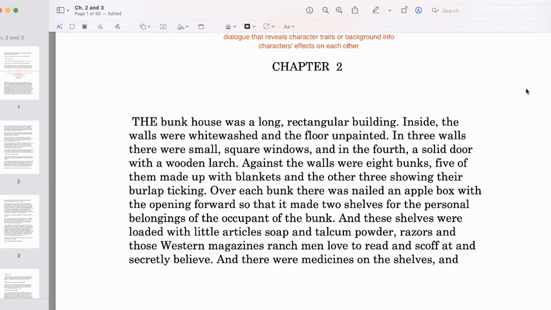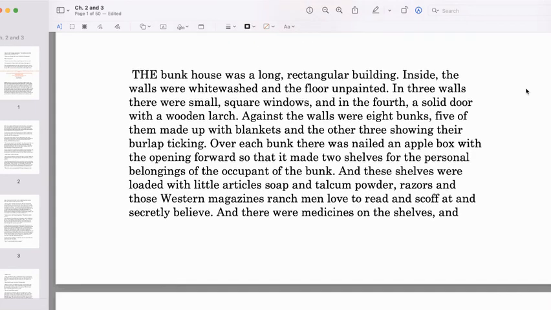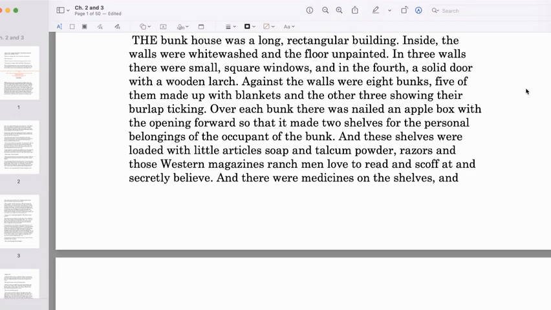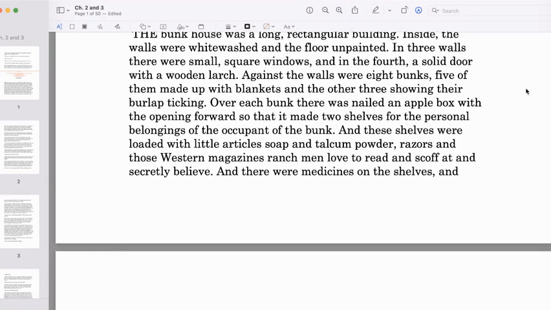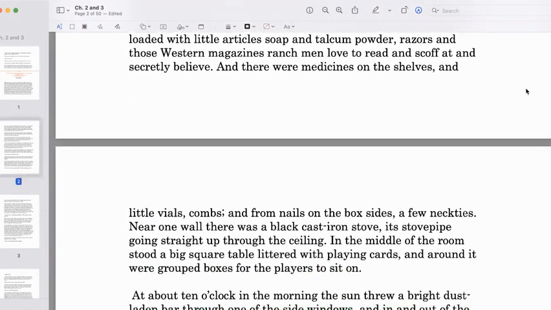And these shelves were loaded with little articles: soap and talcum powder, razors, and those Western magazines ranchmen love to read and scoff at and secretly believe. And there were medicines on the shelves and little vials, combs, and from nails on the box sides, a few neckties. Near one wall, there was a black cast iron stove, its stovepipe going straight up through the ceiling. In the middle of the room stood a big square table littered with playing cards on it, and around it were grouped boxes for the players to sit on.